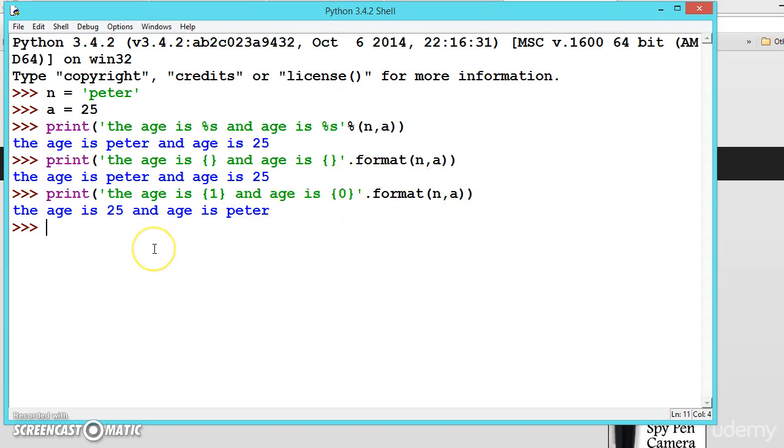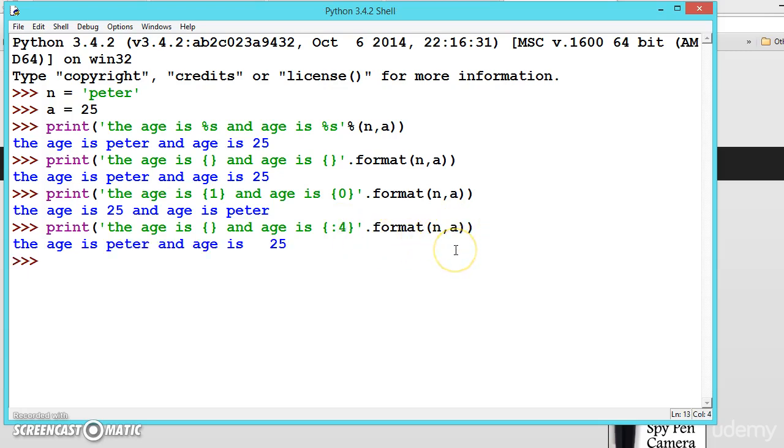So you can do a lot more things. Let us copy this one more, remove this, we can give the number of spaces like percentage, let us say 4. So this is an integer value. See here, it is giving 4 more spaces before printing it.